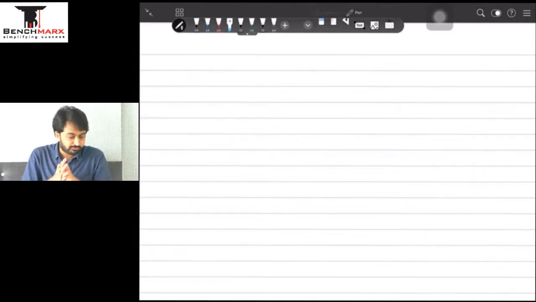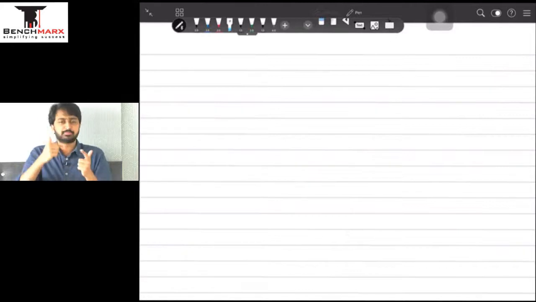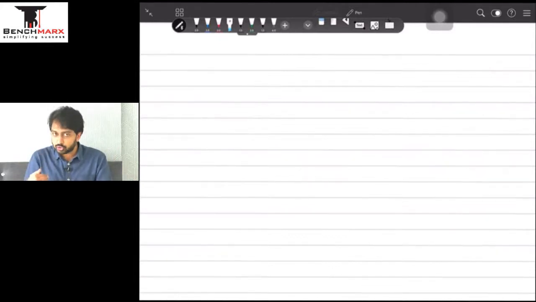Now coming to cost sheet format, we start from the raw materials consumed, opening plus purchase minus CS. Then we add the labor, we get the prime cost. Prime cost के बाद we add the factory overheads, variable and fixed. Variable is normal, output into cost per unit, या फिर number of hours into rate per hour. Then we compute the fixed overheads, that is my absorbed overheads, output produced into absorption rate per unit, या फिर standard hours into rate per hour.